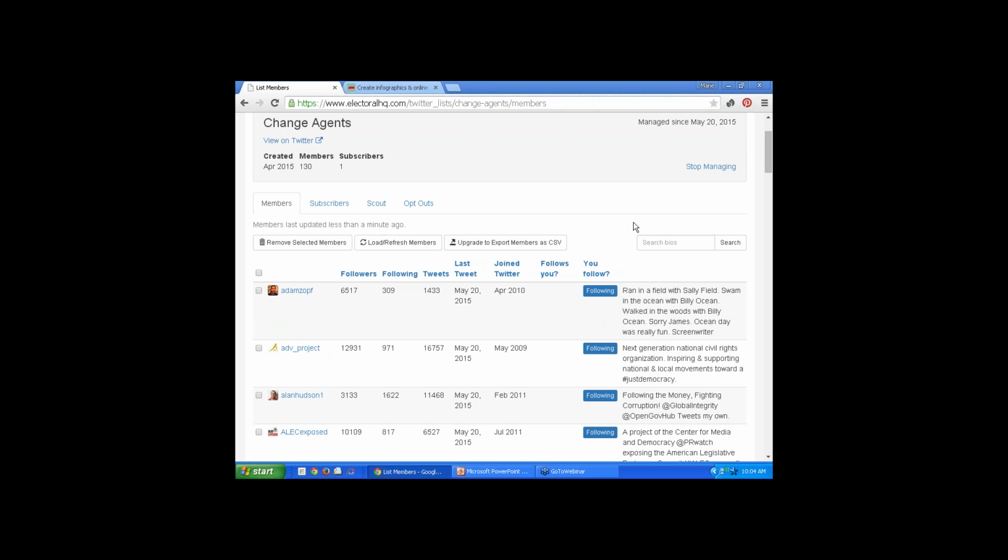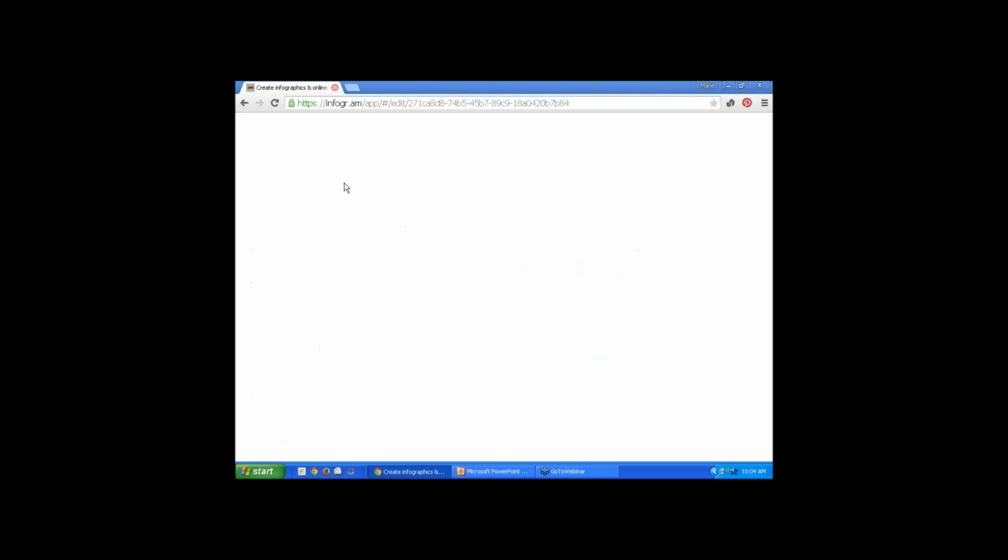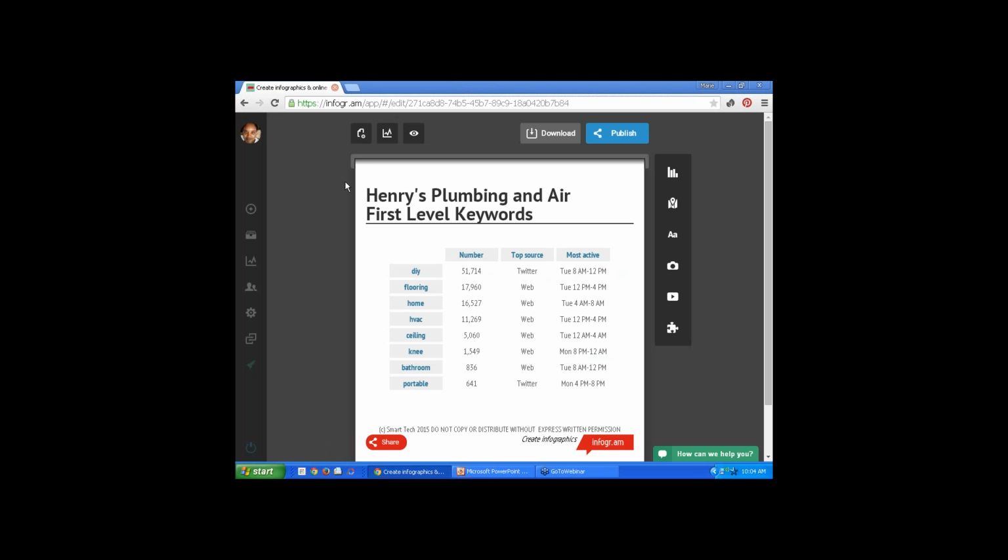So with Electoral, with other tools, you can export this list into a spreadsheet. You can take that spreadsheet information and start putting together effective planning. You can put together reports. So, for example, here's a reporting system